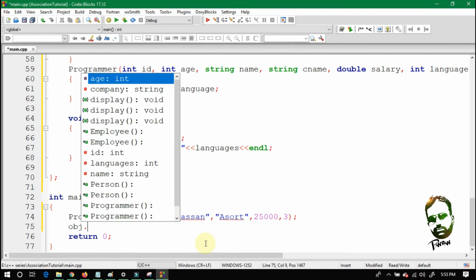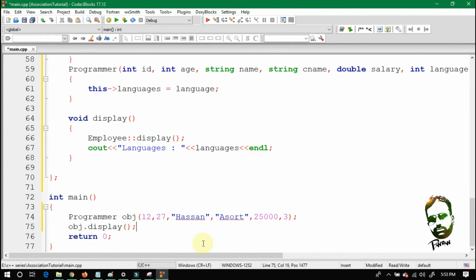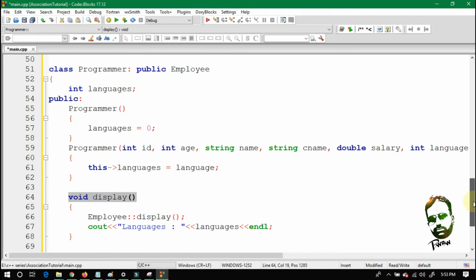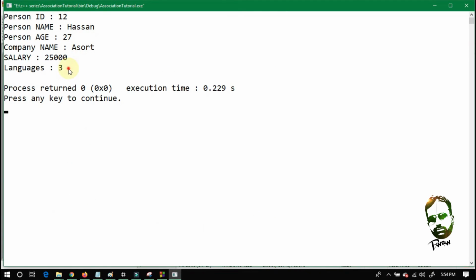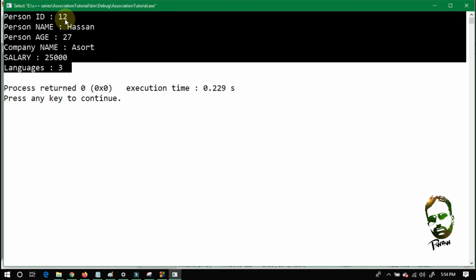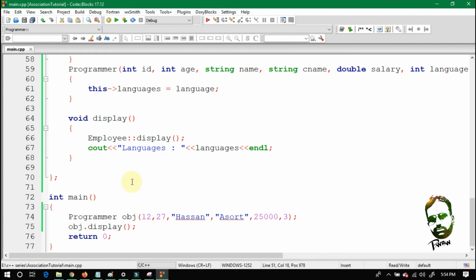So just call here obj.display. So keep in mind that this call will go to line number 64, which is basically the function definition of the programmer display method. So let's run it and check what the output will be. As you can see here, the output is person ID 12, name Hassan, person age 27, company name Assort, salary 25K, and he knows three programming languages.